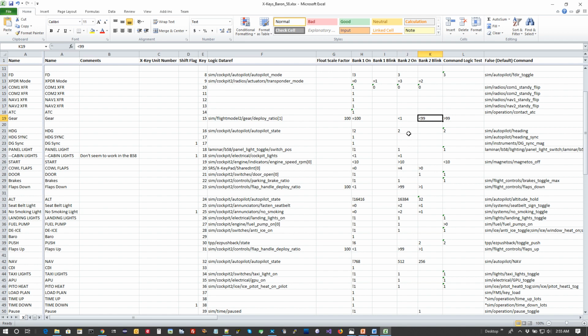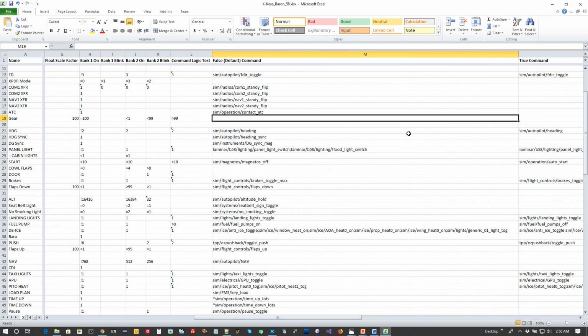So the gear LED will flash as the gear is somewhere in between 0 and 100. Then I have a command logic test here. I'm saying if the gear is greater than 99, then the gear must be fully deployed. So in the case when I press that key,